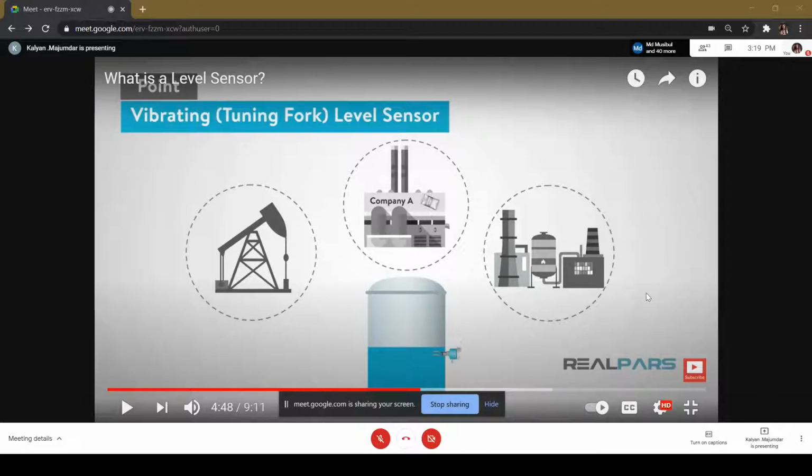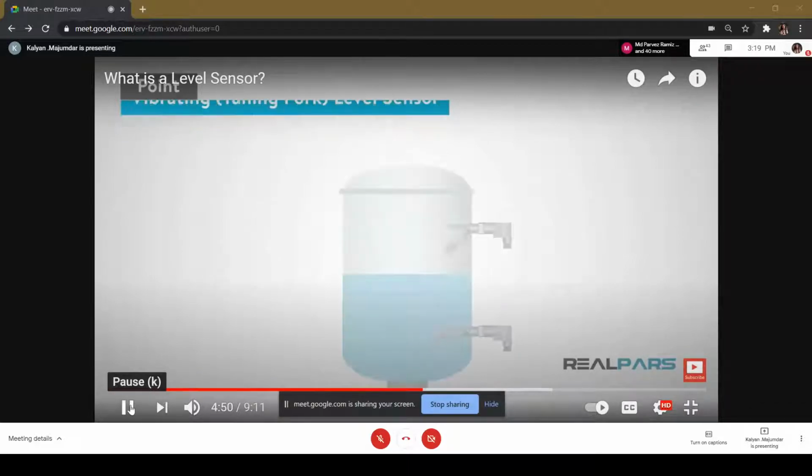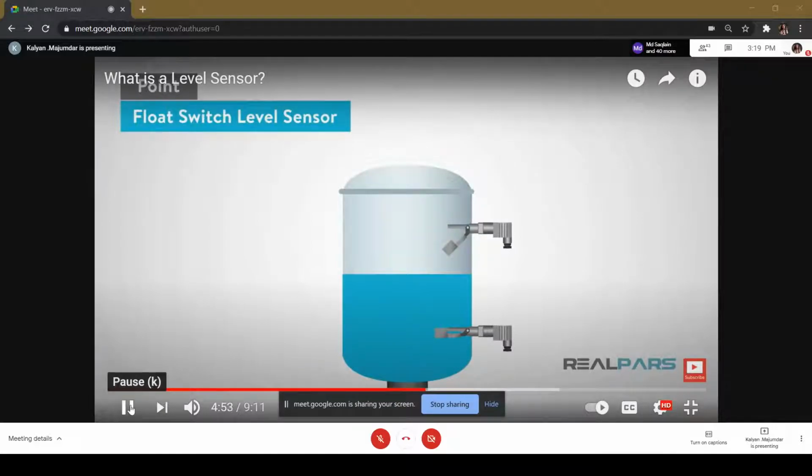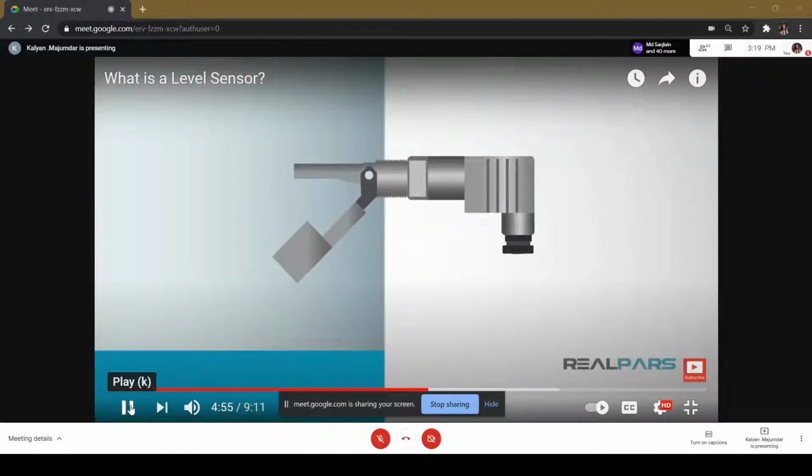Now, in this particular video, we are just focusing on the last point level sensor that we will talk about, which is a float switch. See, the part that is hanging is a float. Float, why? Because, as the very name suggests, it is made of a material which would float on the surface of the liquid, whatever be the liquid. In this example, the liquid is water. This particular portion is a wall of the tank. In this case, the tank is where you're storing water. This is an overhead tank or an underground tank, which is also called a sump.